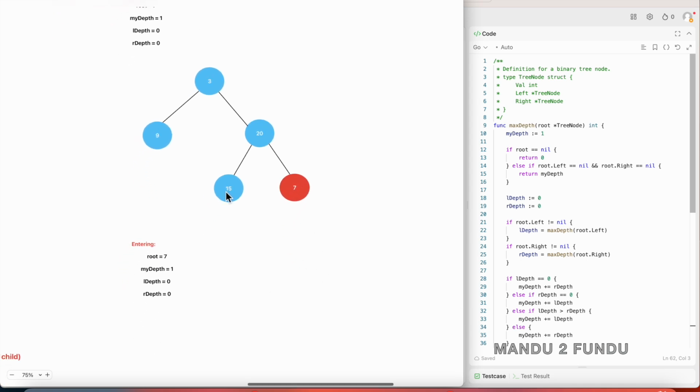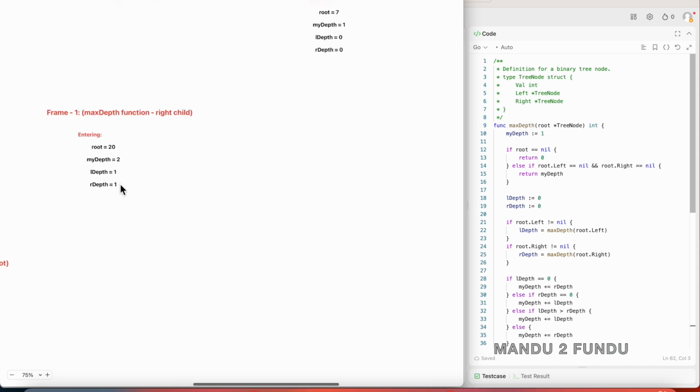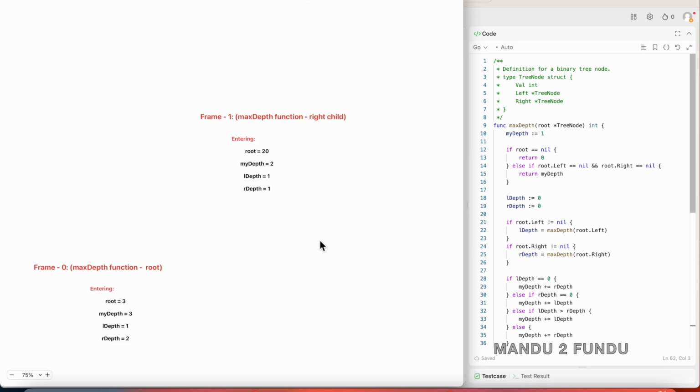So both the left child and the right child returned 1 as the depth. Once we come here, we check whether the left depth is equal to 0. It is not, and right depth is also not 0, and then we compare. Because both are equal, we add the right depth to myDepth. So myDepth is already 1 plus the right depth 1, so the myDepth becomes 2. And then when we return,